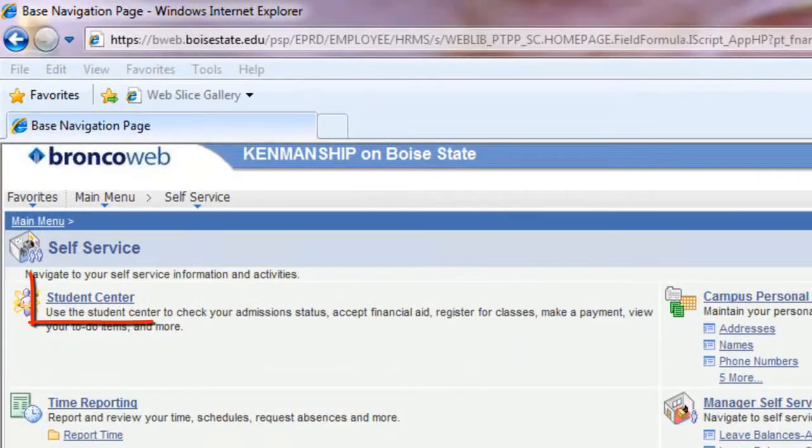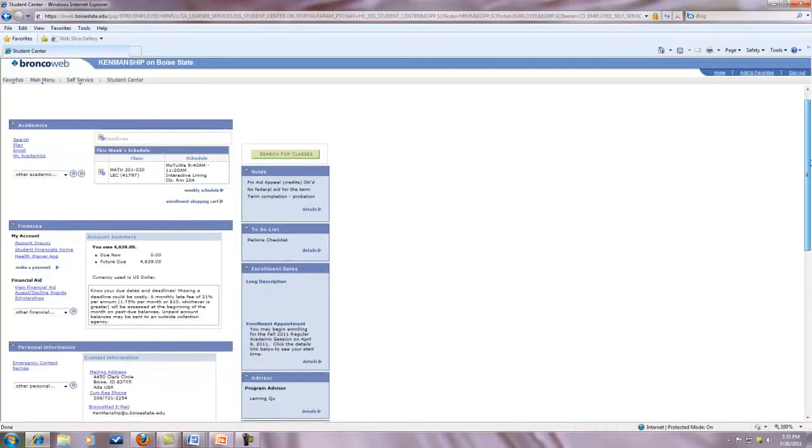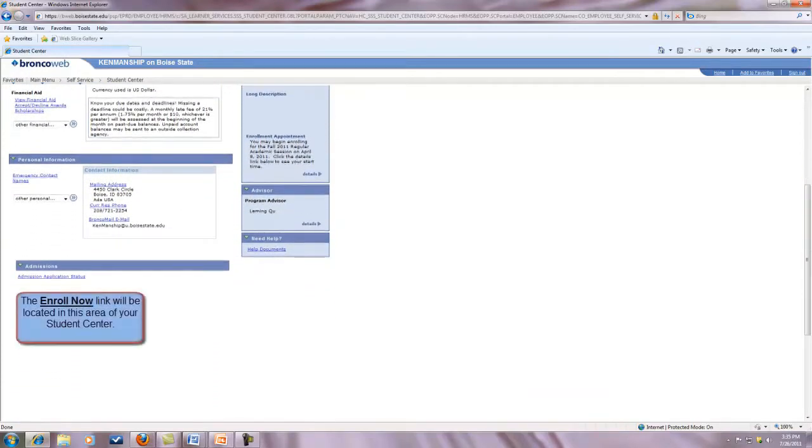Before you attempt to enroll in classes, it is best that you ensure your eligibility to enroll is current. Let's go ahead and move into the Student Center by clicking the Student Center link located in the self-service area of the main menu. The first step is to make sure you do not have an Enroll Now link in your Student Center. Scroll to the bottom of your Student Center and confirm that the link Enroll Now is not present. If you have an Enroll Now link located in the area highlighted in this tutorial, please contact your advisor at